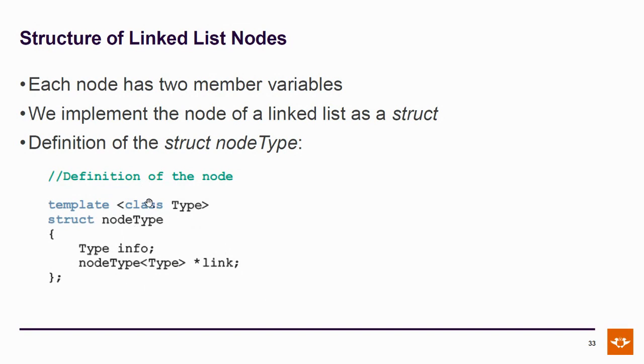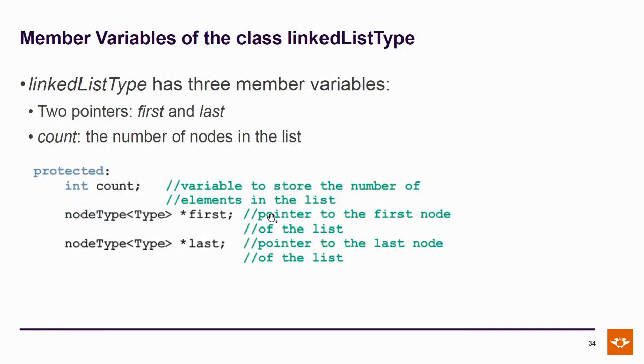So anyway, here's the templated version. Note we tend to use the typename specifier for our type parameters, but other than that, it's the same. So it's what I showed you earlier. And as our data members, we keep track of the size of the linked list with an integer, and then pointers to the head and the tail, first and last, which are node types of whatever type we specify, so of our type parameter. So we will build a singly linked list with overloaded operators, templated,